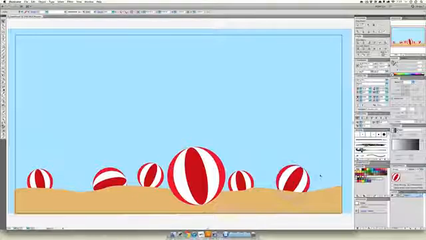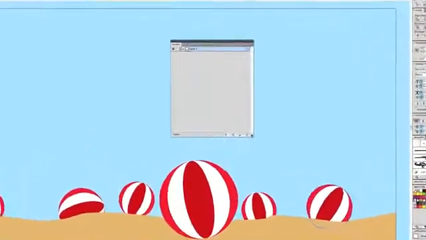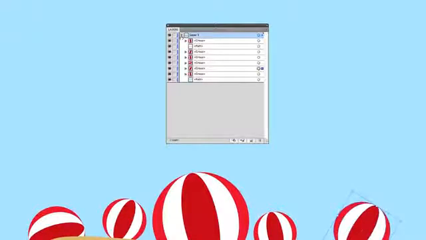Now, every single object you create technically makes its own layer. What do I mean by that? Well, I'm going to drag out the layers palette from my menu here so I can show you something. You see we have layer 1, and much like Photoshop, we can click this create new layer button and keep making layers, but I just said that stuff is in front of and behind each other already. So what does that mean? Well, right here next to the picture of layer 1, there's an arrow. I'll click on that, and you can see all the virtual layers that each object, each group in this case,